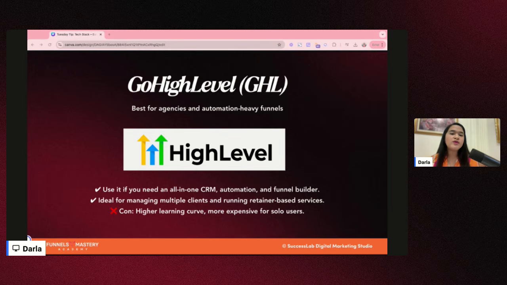So when do I recommend high level for clients? So ito is recommend ko kung talagang clear na sa kanila where they wanted to go. Because for some clients, $97 per month is a bit steep, right? Parang medyo mahal siya for me na starting out, me trying to build my email list, no, trying to introduce myself to the market.